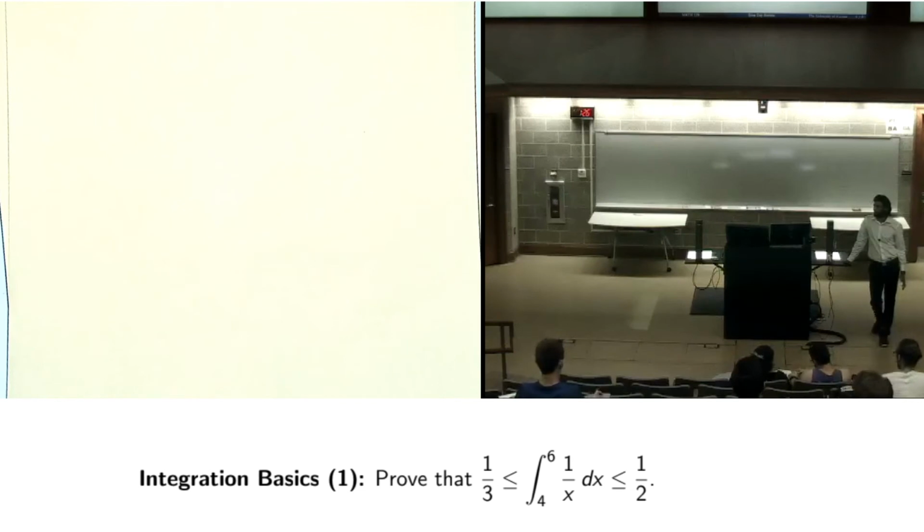Because a lot of integrations. Integration is one of the most difficult operations to do. Certain things we don't have. We don't have the product rule. We don't have the quotient rule in integration. And